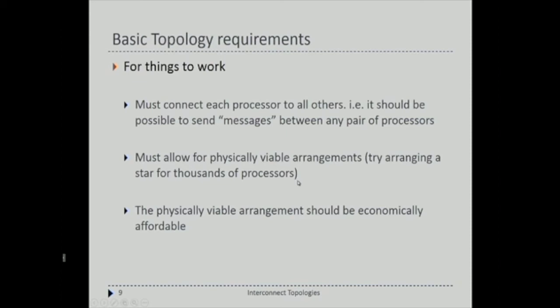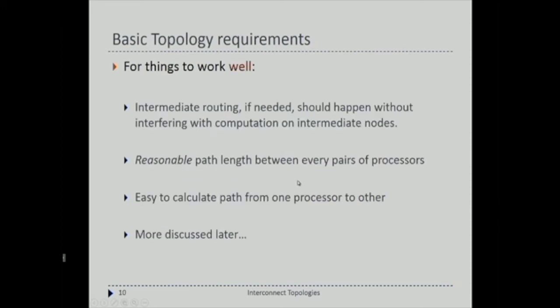For things to work, you must have a connection from everyone to everyone, and they must be physically viable arrangements. You can't do a star simply because you cannot connect a star of 1,000 processors. How will you have 1,000 connections coming out of one? And then they should be economically affordable. And for things to work well, rather than just work,